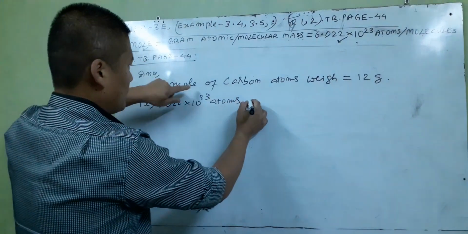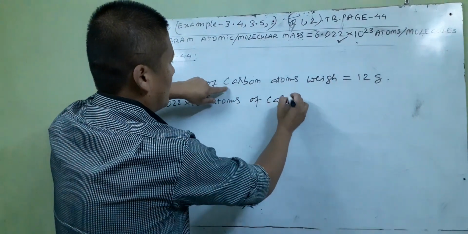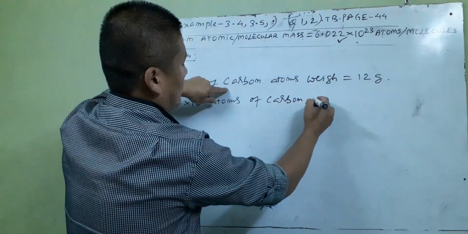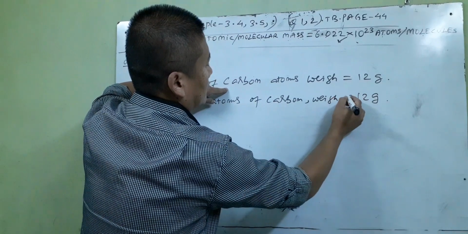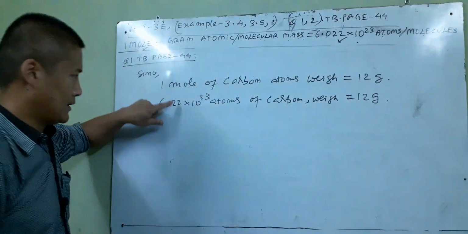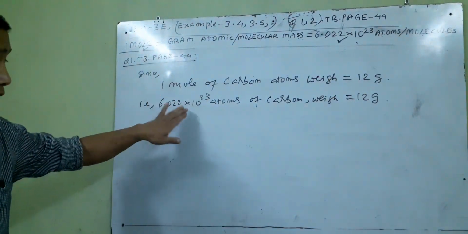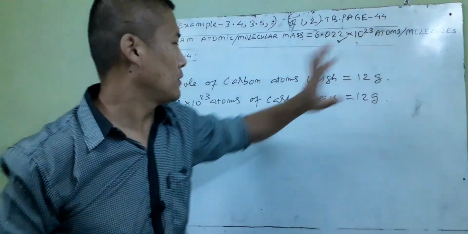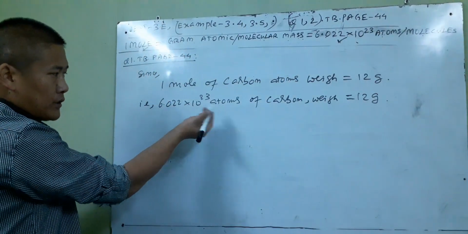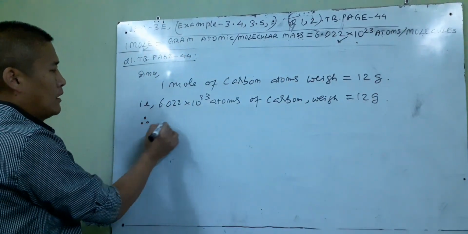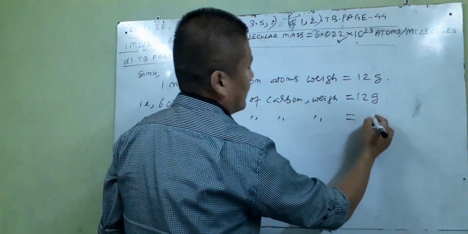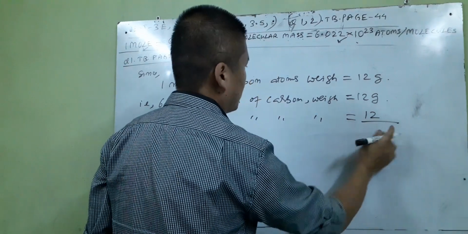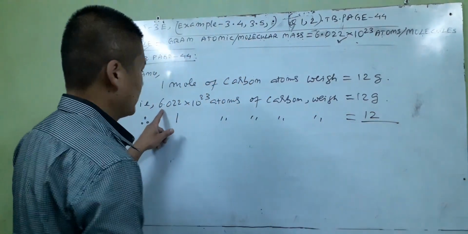So that many atoms of carbon weigh 12, because this is the same substance. The mole is changed to number of atoms. Only 1 mole contains this many atoms. So once you change to atoms, why? Because they are asking for 1 atom's mass. So just write here, 1 atom of carbon weighs, like the mango method, 12 divided by this one,